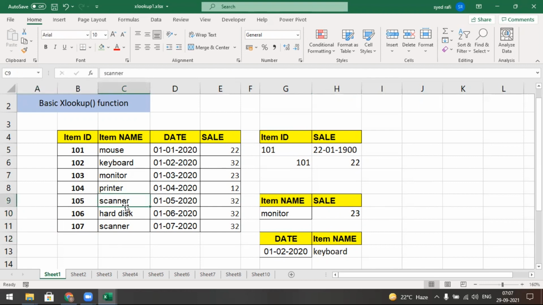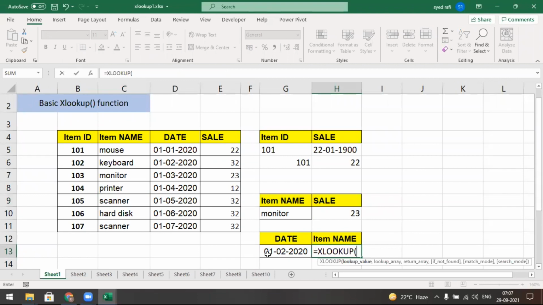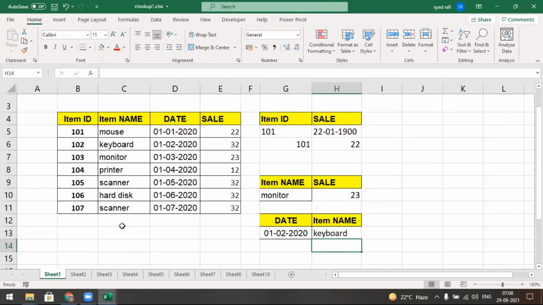In VLOOKUP that is impossible, a drawback. But in XLOOKUP you simply say equal to XLOOKUP, search for this value in this region, comma, get this item name, and press enter. Ultimately you get the keyboard. So the major drawback is overcome.